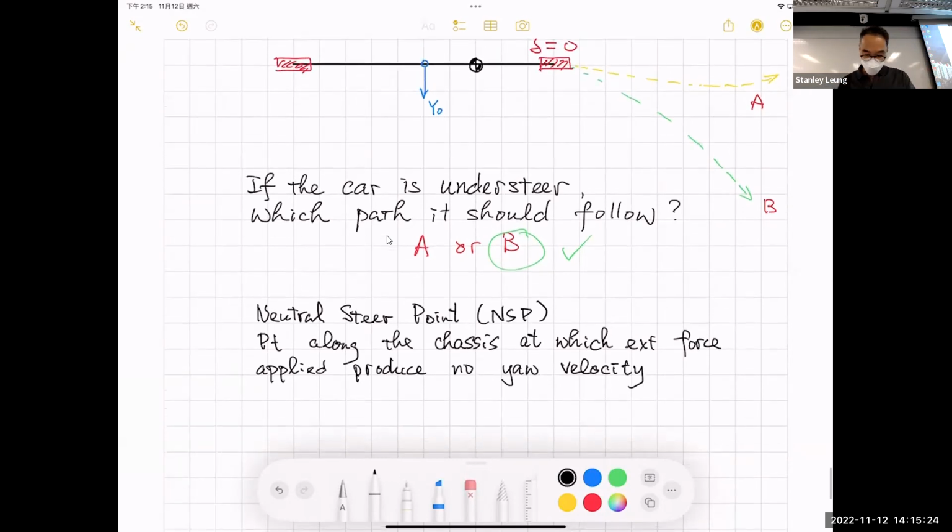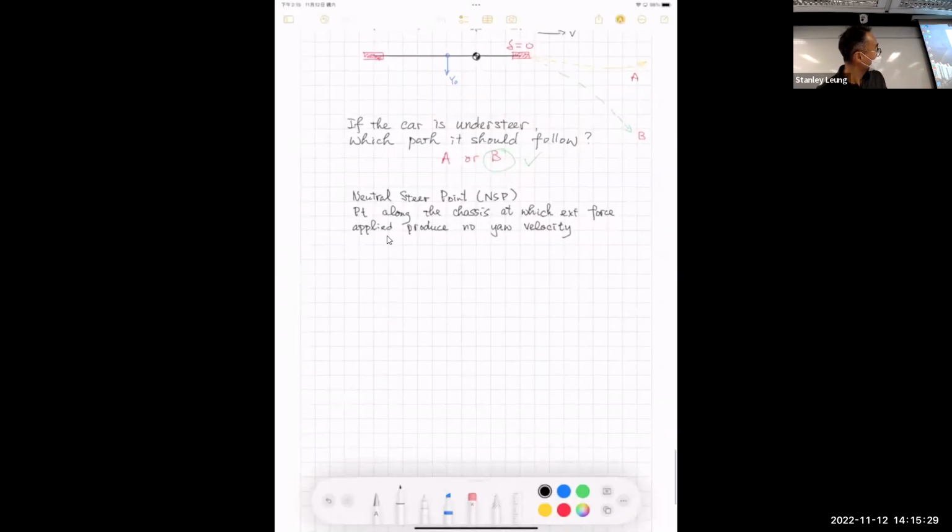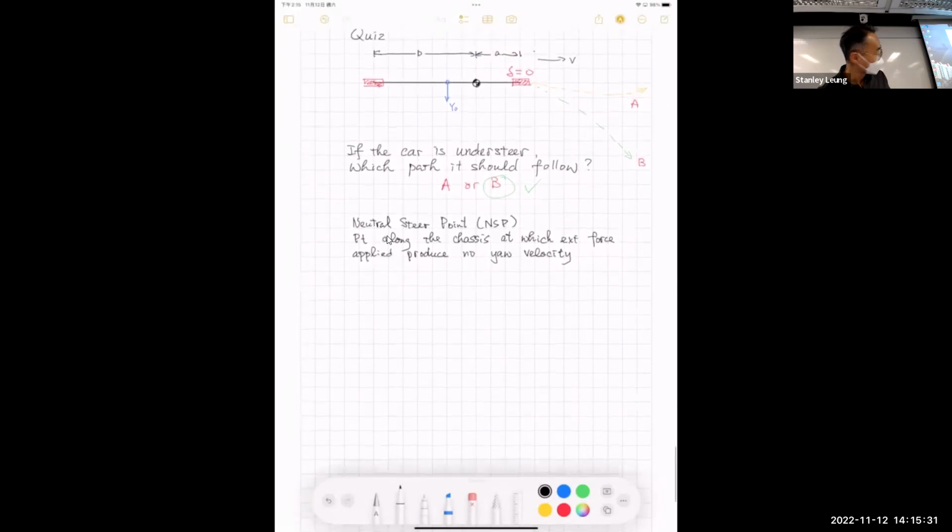Okay, so this is maybe a fine picture. So this is what means the neutral steer point. So you apply force there. So this is some kind of definition. Okay, so for these things, we do some understanding on this thing. We just try to make use of this point. Okay, and if you do a force balance over there,